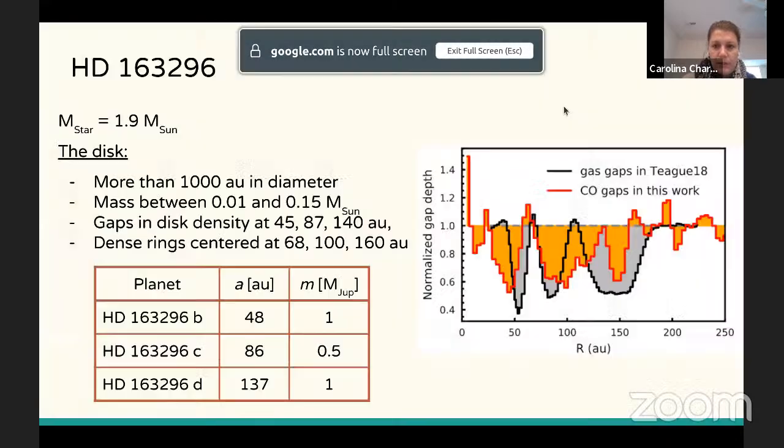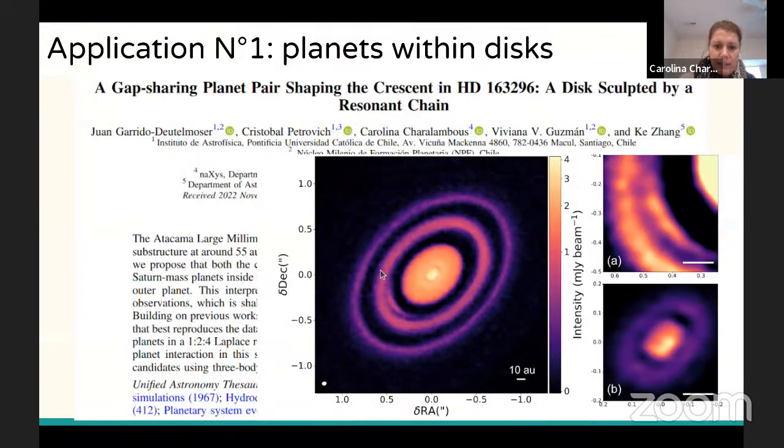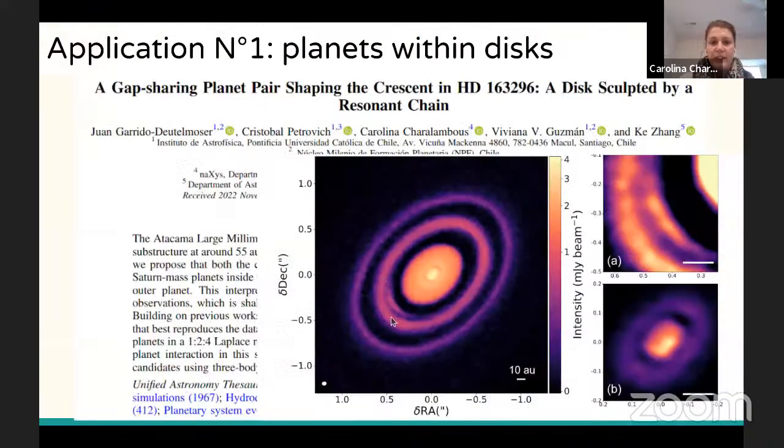Well, let me show you this one here. In this one right here, when the planet is forming, it will eat the material that it has in its surroundings. So if you have a massive core which is able to eat a lot of gas from the disk, then it will carve the gap and it will generate this type 2 migration. This justifies the first gap, but why that ring is there, not farther away, and why there is a